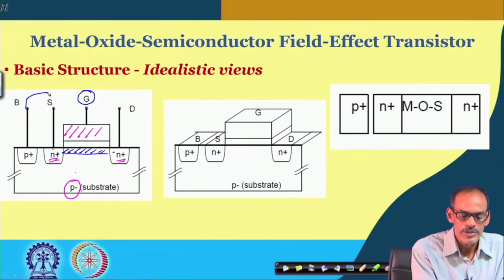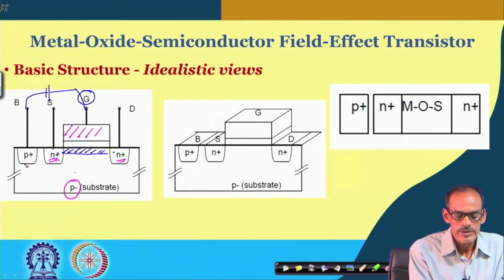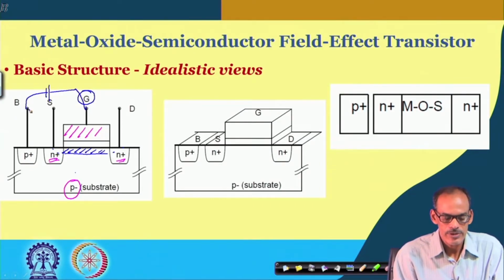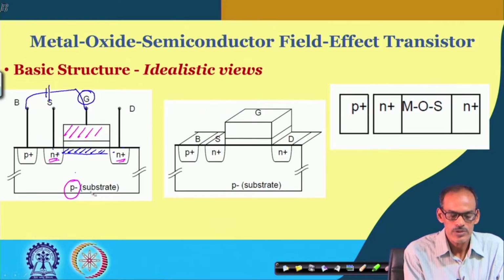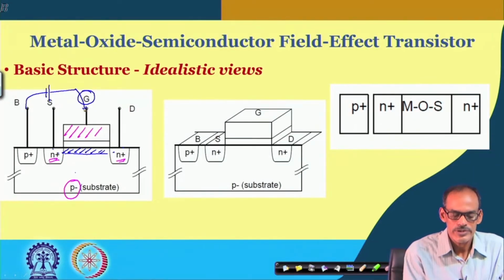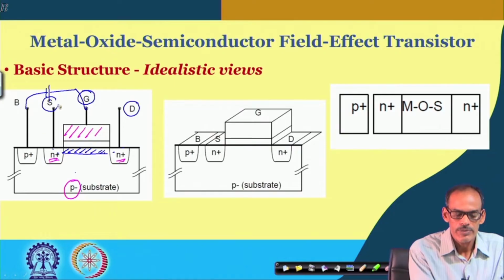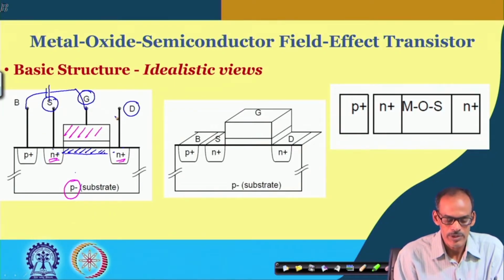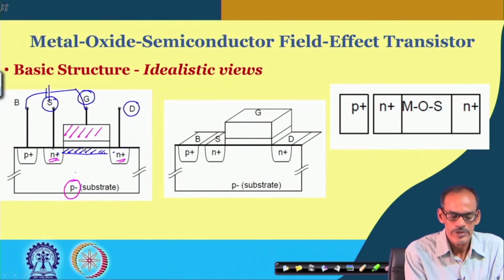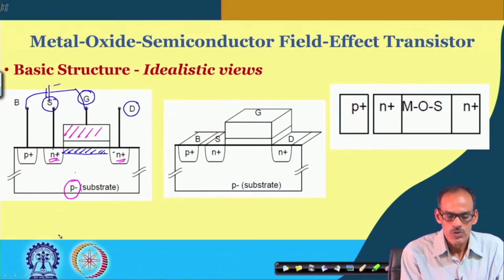In fact, electrically this p plus island is working as the port for the substrate. So, if you apply a positive voltage here, then you can change the characteristic of this region, ensuring that these two islands are getting connected. So, now the conductivity between these two external terminals can be modulated by this voltage. So, that is the basic